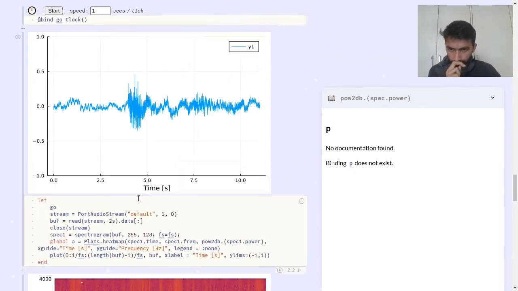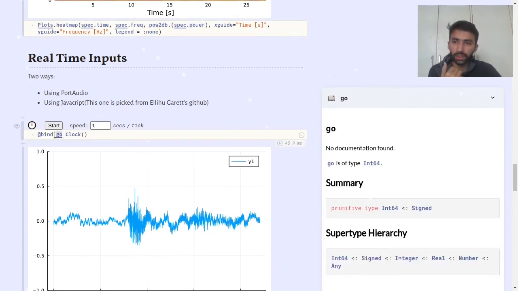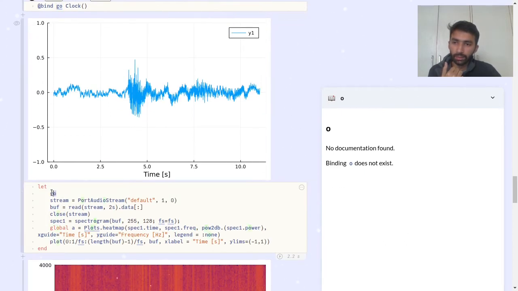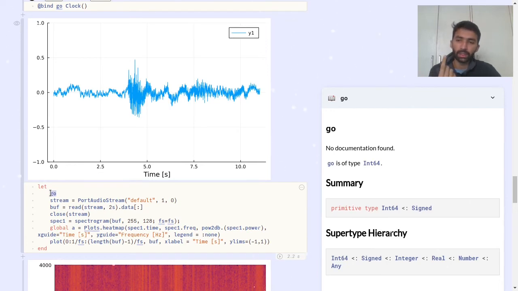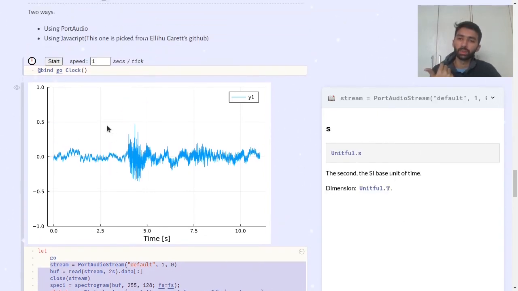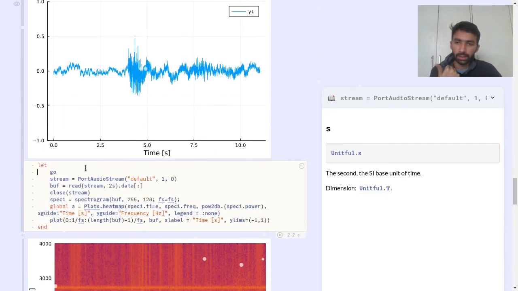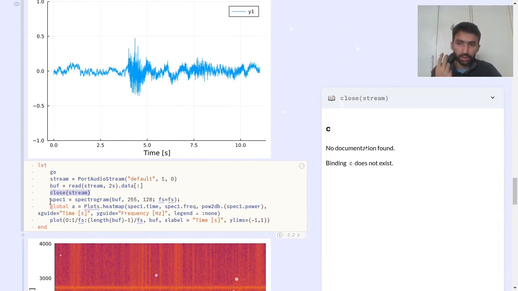So what I do here is I have made a clock. It pings this variable at an interval of 1 second each, and because Pluto is reactive, it triggers this whole cell and updates based upon the input. After every 1 second this cell is run, and a stream is opened from PortAudio, and 2 seconds of data is read, and then we close the stream, and then we make a spectrogram of it,